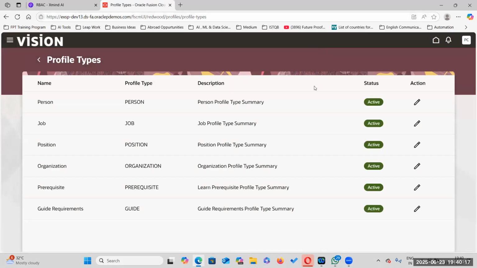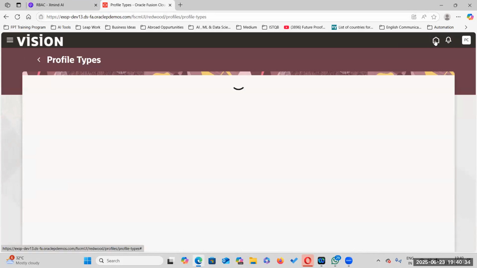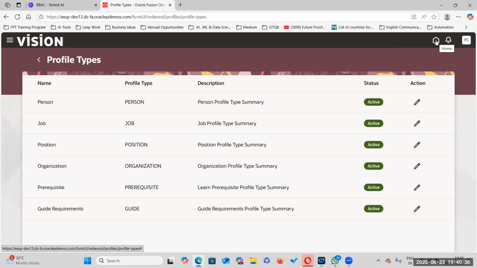If you have Starlink access, you can access from anywhere in the globe. We don't have to be within a particular state. If you have Starlink, even if you are in the Sahara Desert, you can access the application. Oracle is providing this provision: you don't have to install any software, and you don't have to maintain any kind of security from our side.